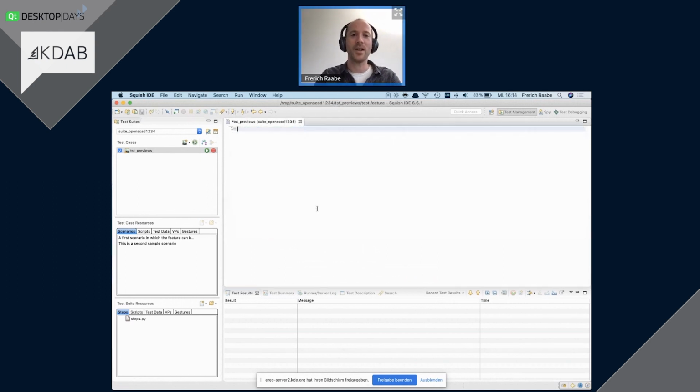And at this point, you would typically sit down with a domain expert and write the English document. As I mentioned, it follows a certain structure, and it looks something like this. So the feature to test could be rendering previews. And each feature should ideally get a little description. This is not important for running the test, but it serves as some documentation.